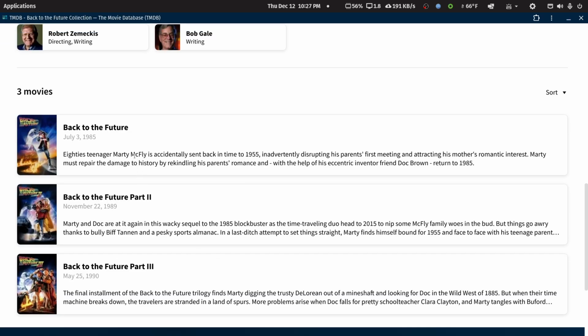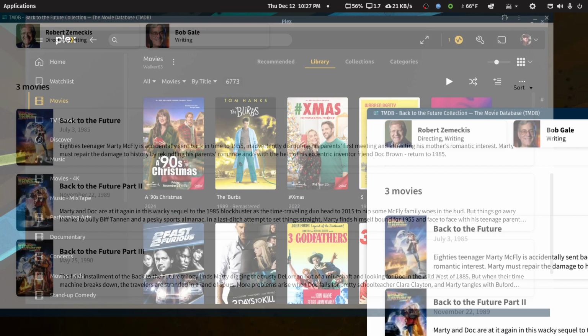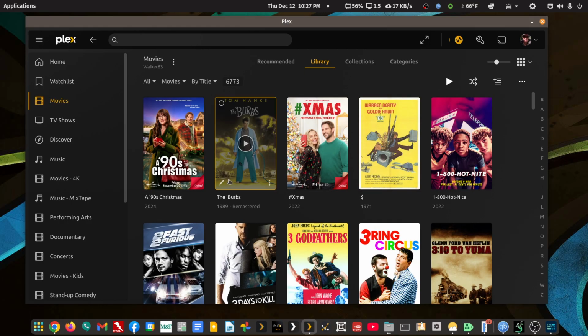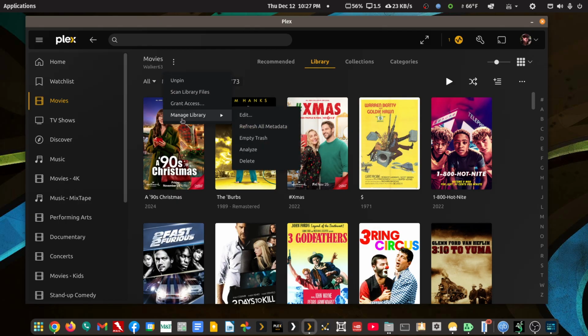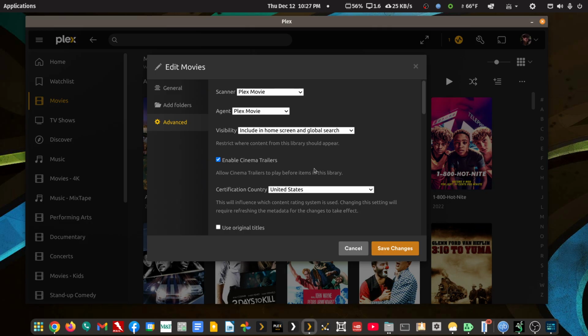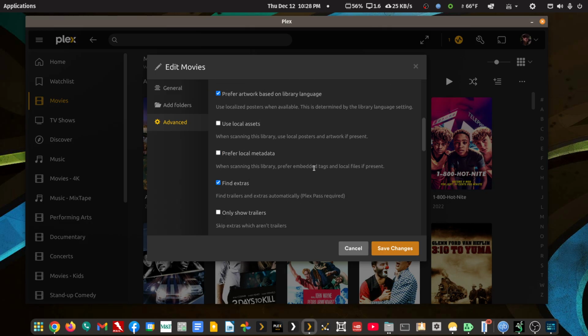Plex can automatically create these collections for you from anything that's listed at TMDB. So let's show you how to do that. In your movie library, you want to edit it. And I can edit it through these 3 dots or these 3 dots here. Manage Library, Edit. Under the Advanced Settings, you scroll down